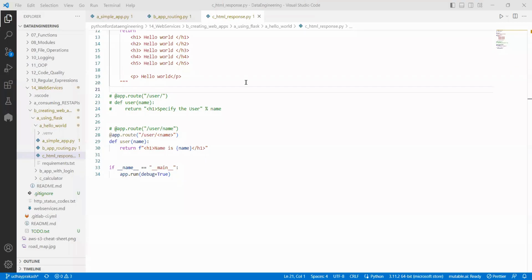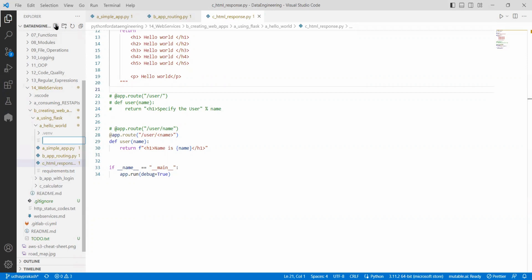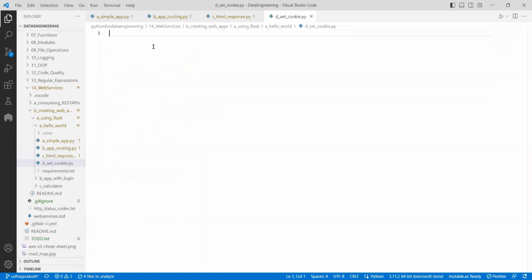In the process of creating an application, we can do certain things like adding cookies, which means set cookie. So now you will understand what the concept of a cookie is. A cookie is something like,